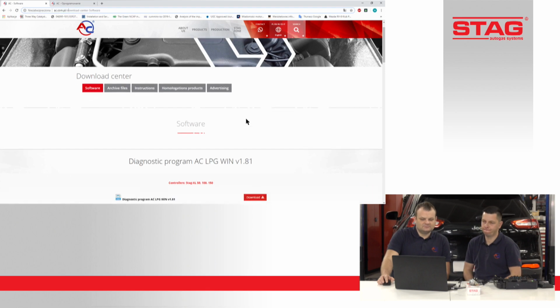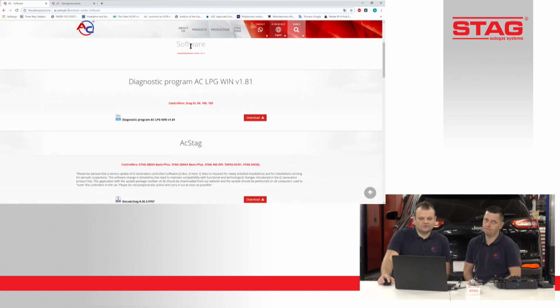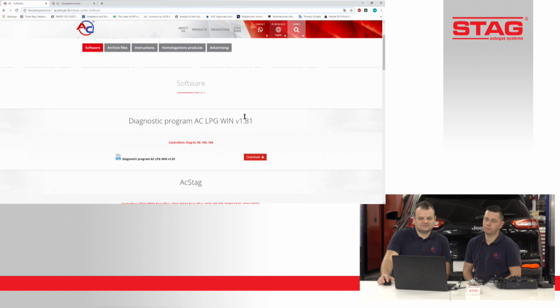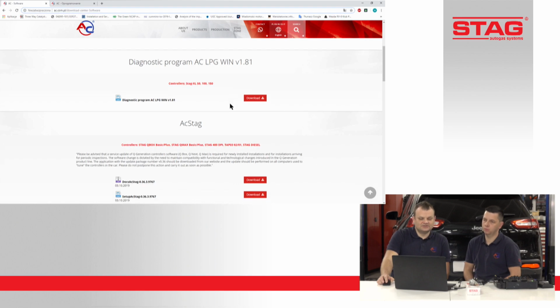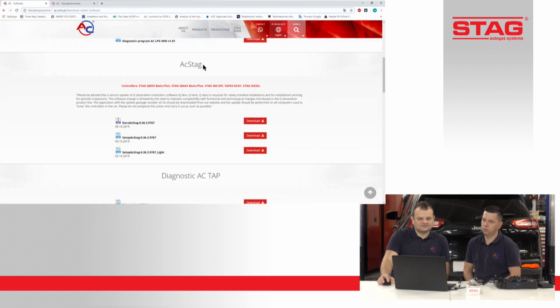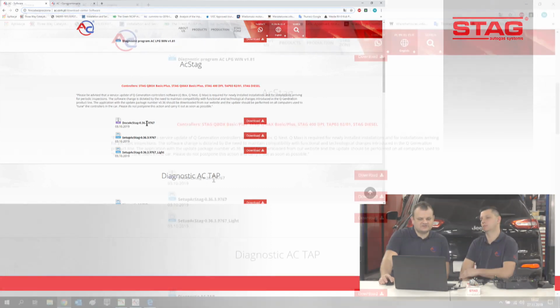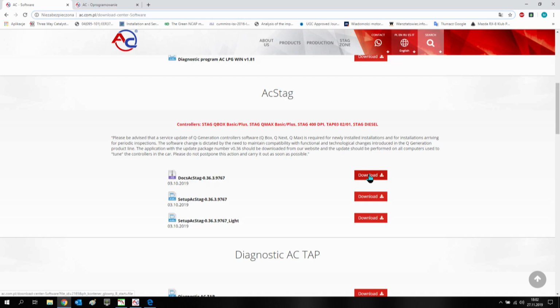If we scroll down, let's see the software. In the software section, we have a diagnostic application for the old platform, STAG 300. Next is AC STAG with 3 download links. The first one is the documents. Sorry, yes, you are right. This is documentation, only documentation. Then is the full application,